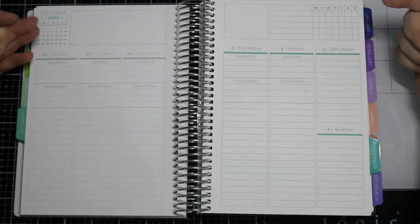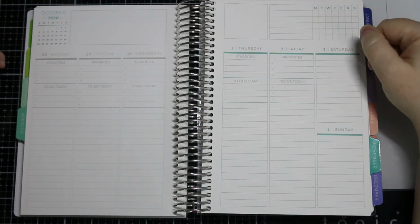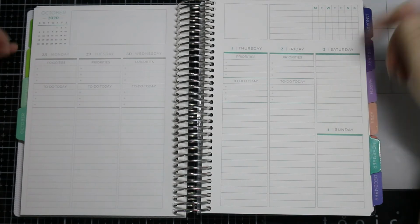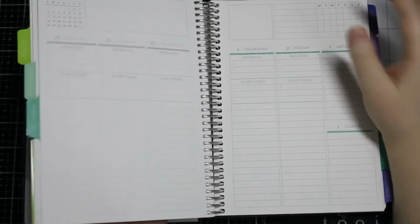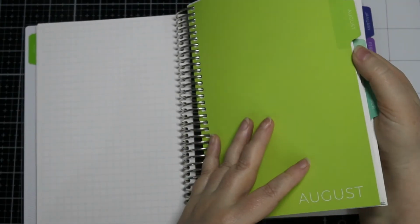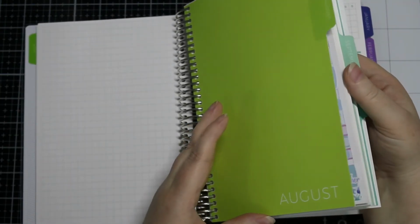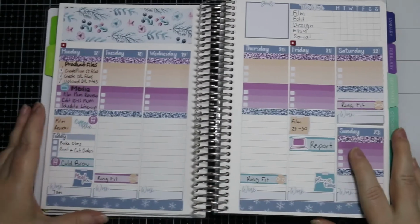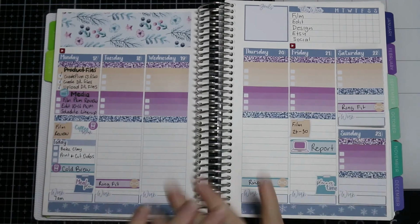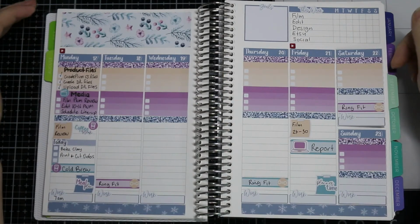Because I work for myself, I do tend to work on Saturdays a lot. And last week I worked on Sunday a lot. So, for an example, you'll get to see some things here. Okay, so this is this week, right? I haven't fully completed finishing it for this day, but